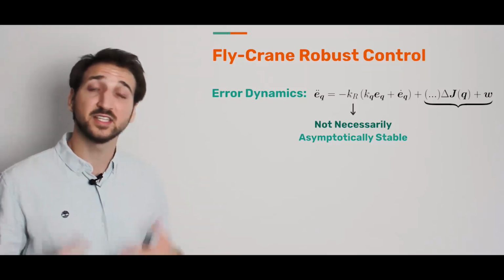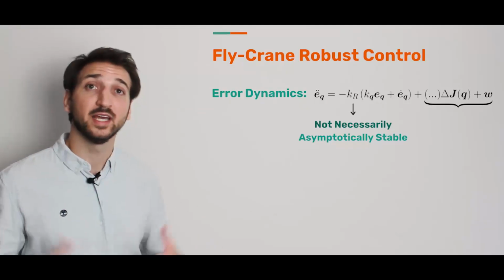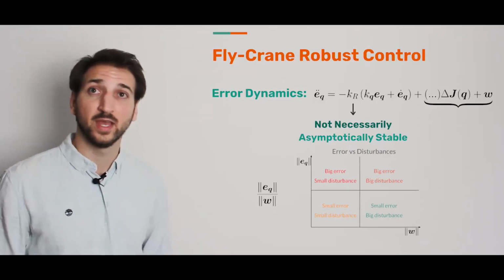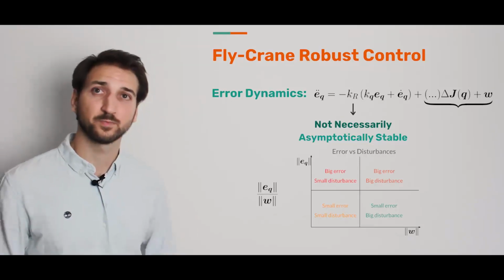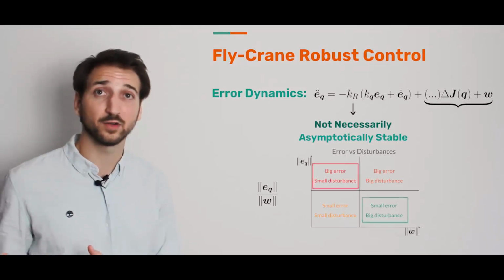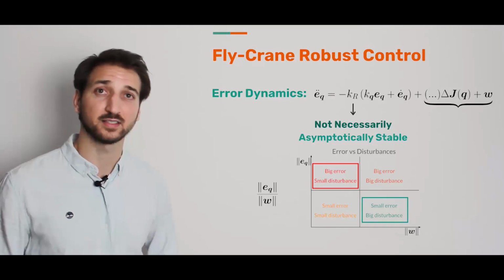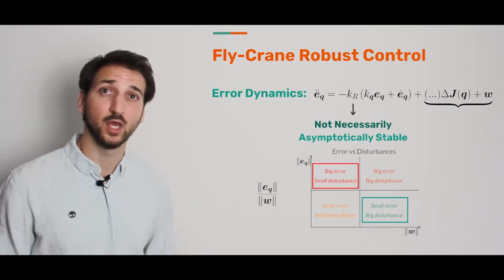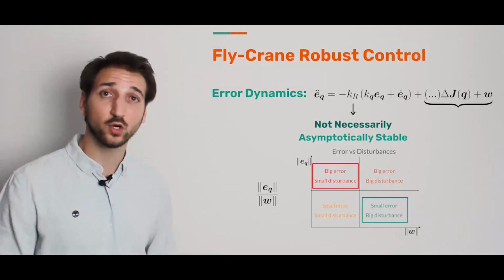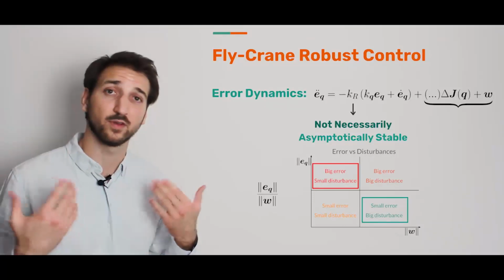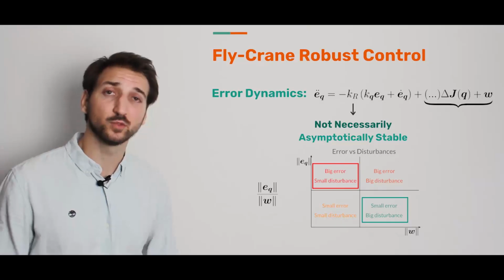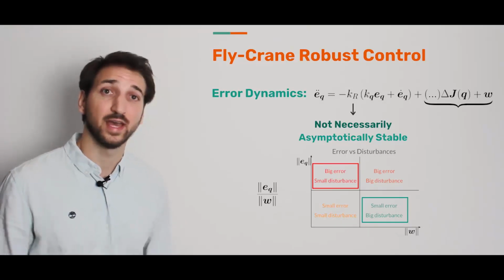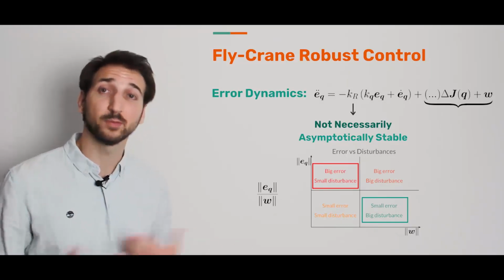At this stage, it is meaningful to look at the ratio between the error and the disturbances. It determines the error amounts as a consequence of a disturbance. For example, on the top left corner, the error will be significant as a consequence of a small disturbance. On the bottom right corner, the error will be tiny as a consequence of a significant disturbance. As you can imagine, we would like to hold up our function error over disturbances on the bottom side.